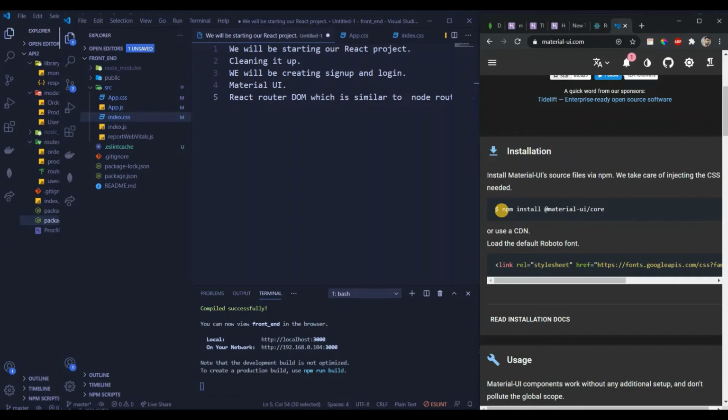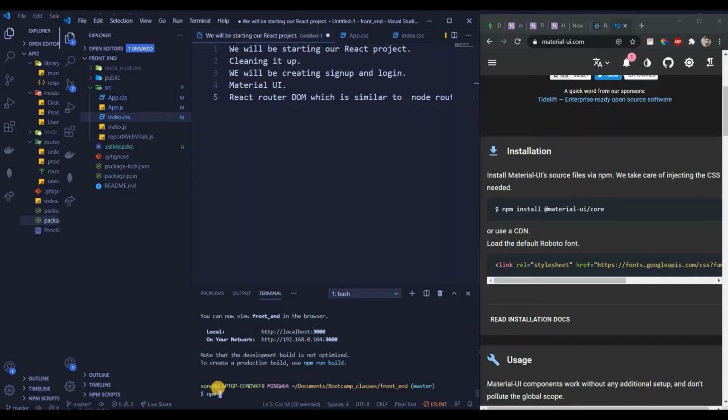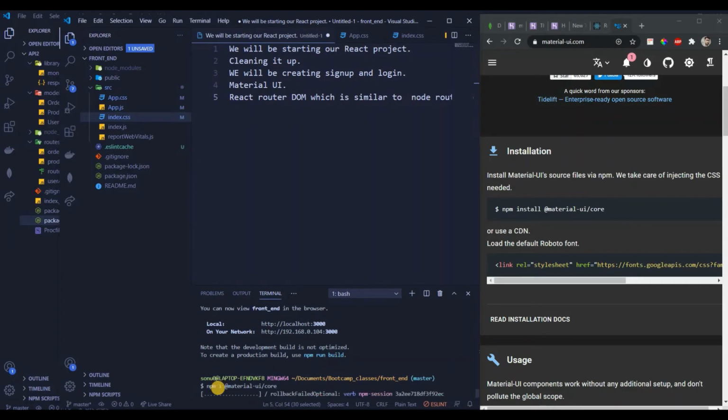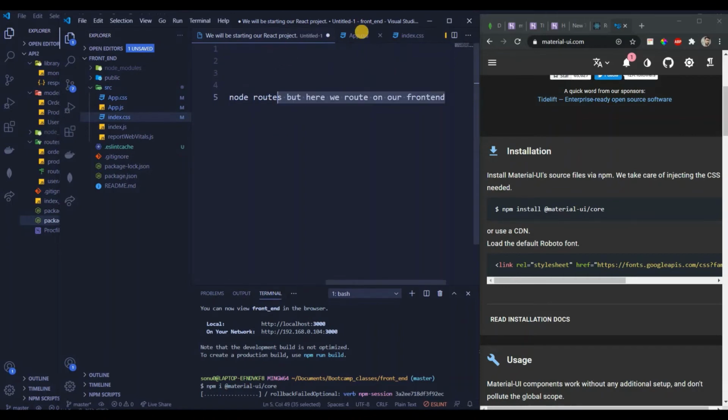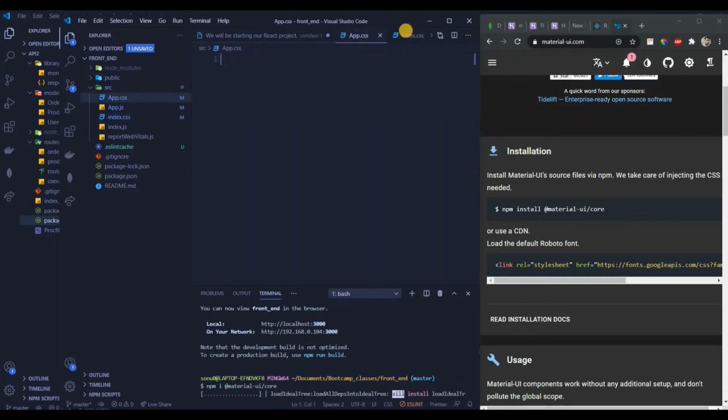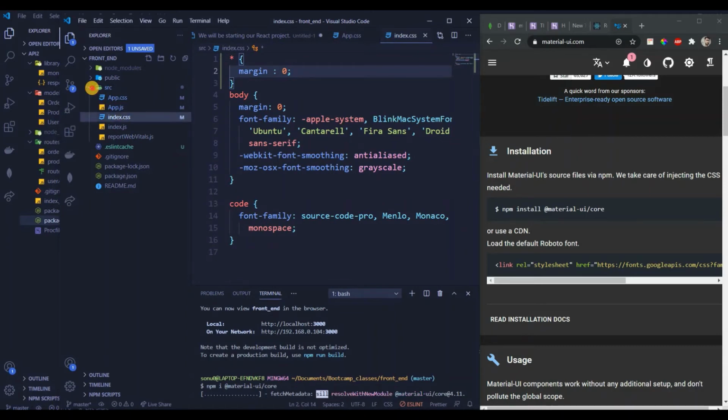We install it via npm install @material-ui/core. So let's go ahead and do that. npm i @material-ui/core and let's click enter. So it's gonna install all the core dependencies that we have. By the time this is getting installed, let's go ahead and do something. We'll create a folder inside src called components.